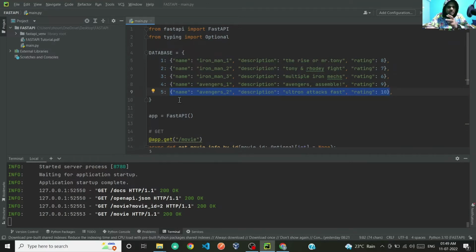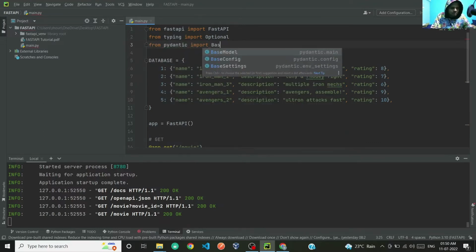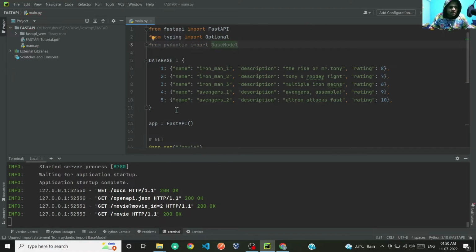has 3 key value pairs: name, description, and rating. So in the earlier video we took this input as 3 different parameters, query parameters. But what if I want to pass all these 3 information in an object format? So to do that, I can use base model from Pydantic. So from Pydantic import base model, and here